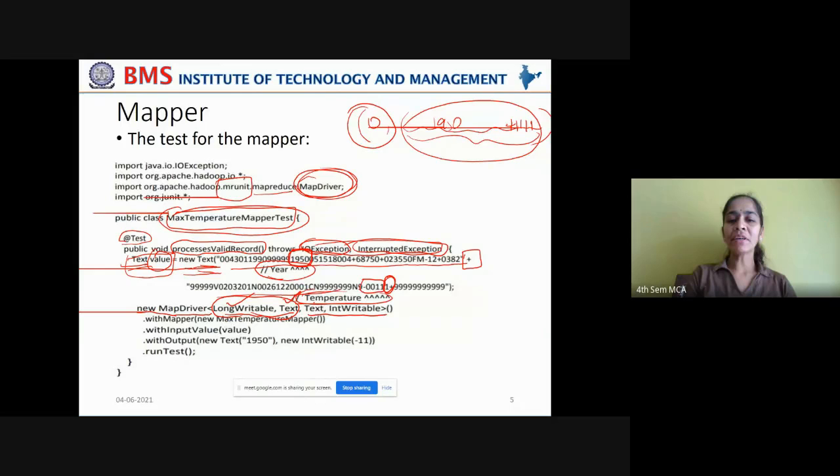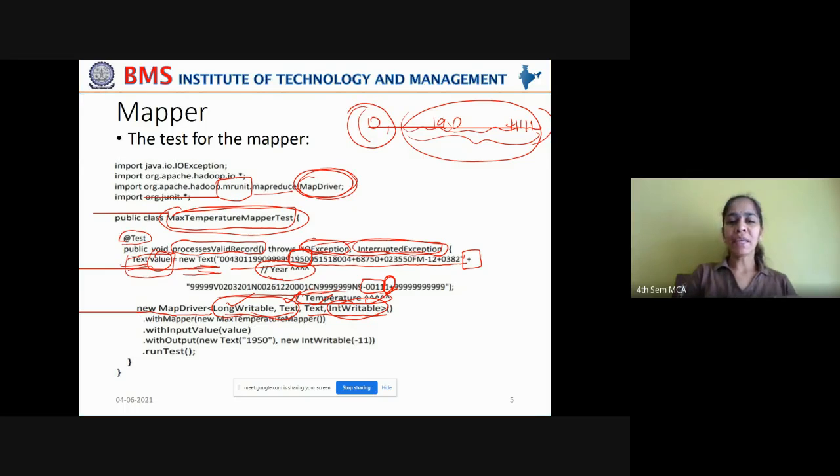And it emits the year in the form of Text and a series of values, the collection of temperatures recorded in that particular year, in the form of an array, that is of the type IntWritable.